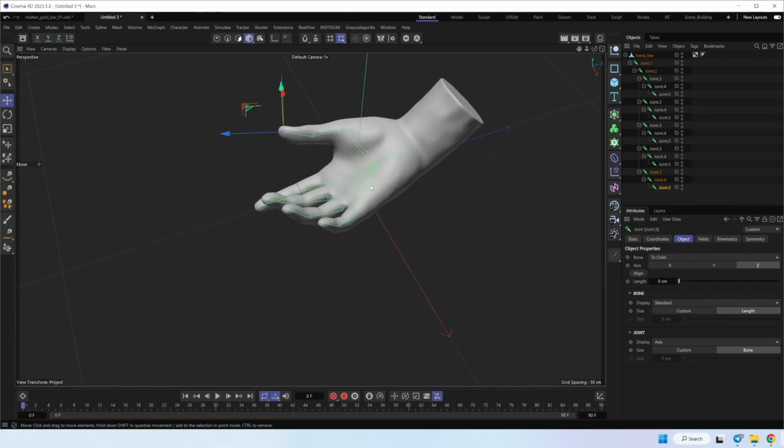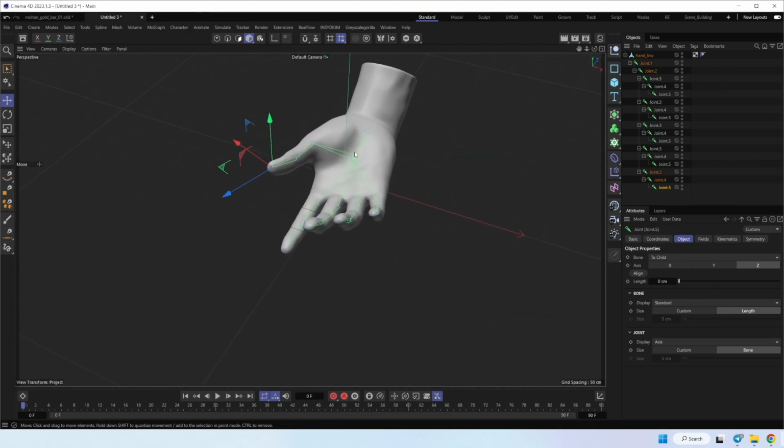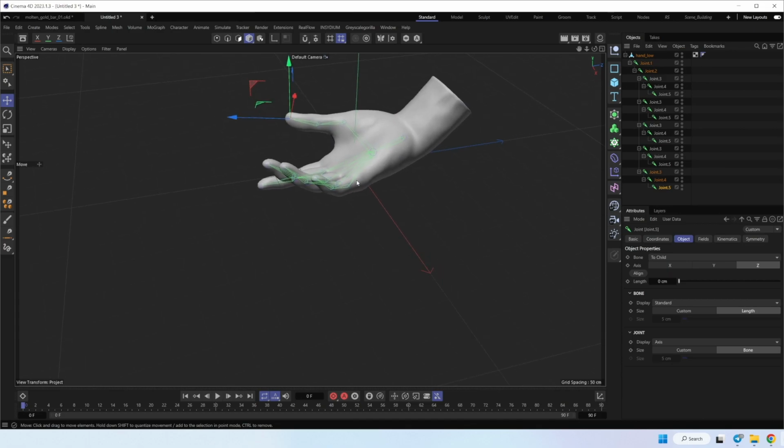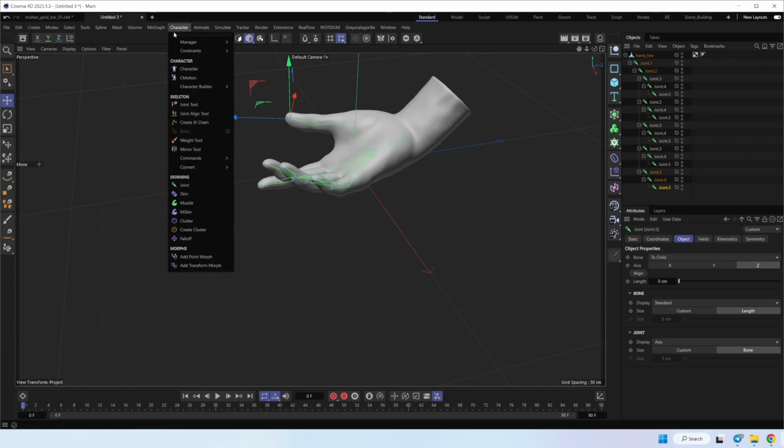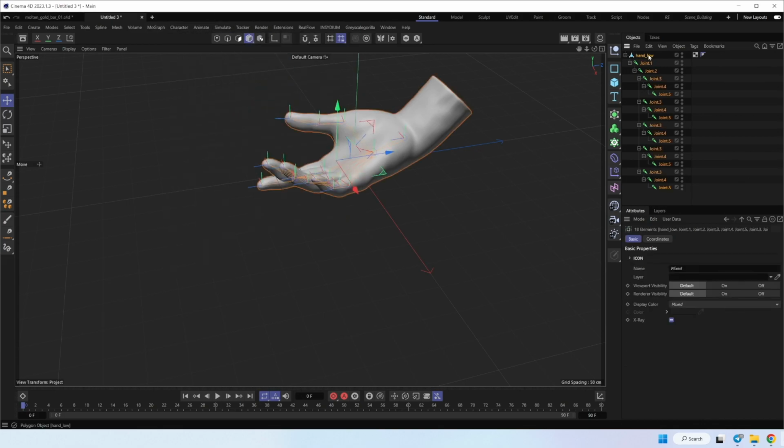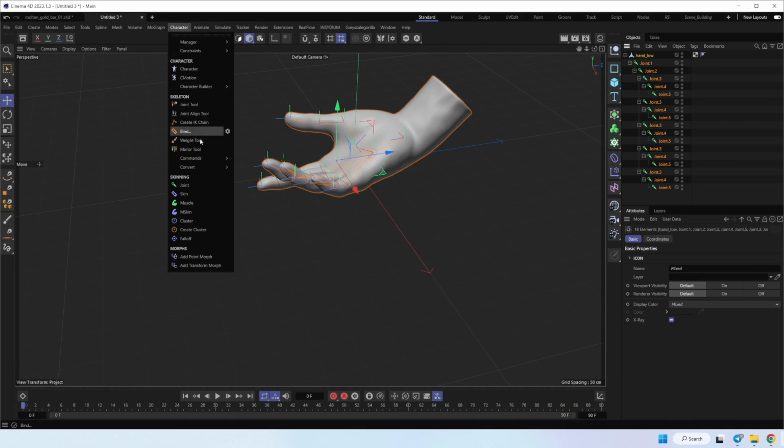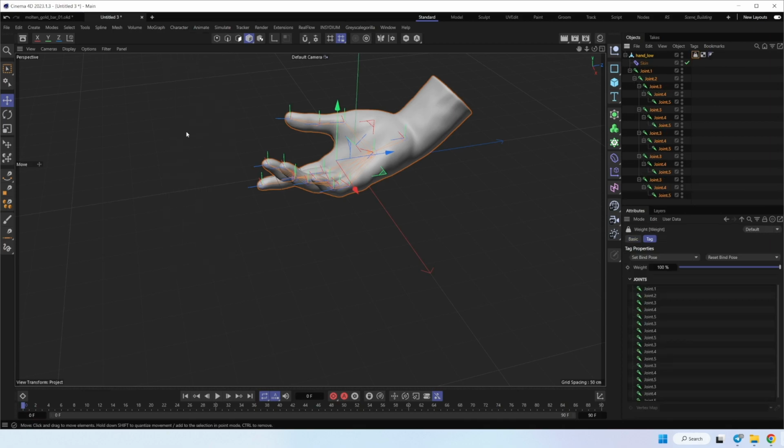Okay, so now we have placed all joints correctly inside the figures, and we have to bind them with the model. So let's select all, go to character and choose bind.